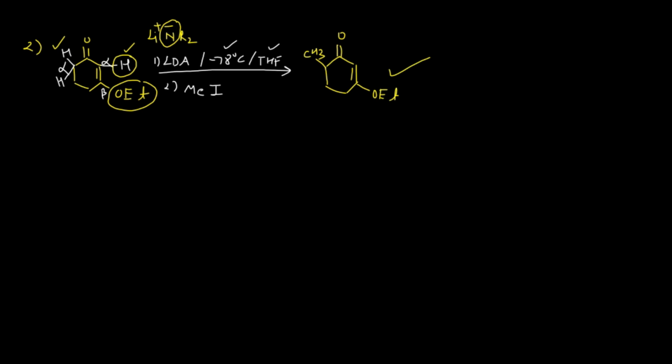So there are different kinds of reactions. You can do the reactions and you can understand general organic chemistry as well. See, if you don't know how to apply different concepts like inductive effect, mesomeric effect, resonance, steric hindrance, formation of carbocations and anions, then definitely you will face difficulty in solving organic chemistry problems. So this is another alkylation reaction which is quite simple. And in the third case,